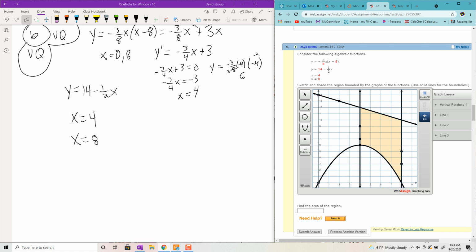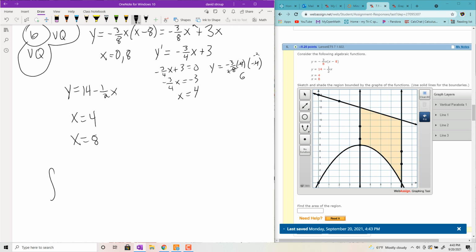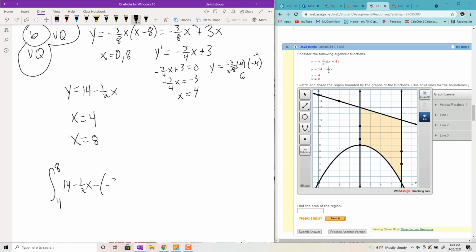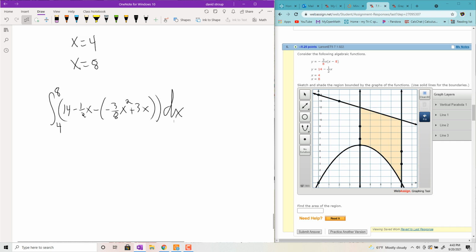Okay. So we have the integral, and this time the bounds are literally sitting there with the equations of lines. For the region, the top curve is the 14 minus 1/2 x. The bottom curve is the parabola, which is negative 3/8 x squared plus 3x. I hope this is right. And then you have this monster to do. Okay, so clean it up first. 14, we have plus minus here, so 3, so that would be 6 halves x, negative 6 halves plus negative 1/2 is negative